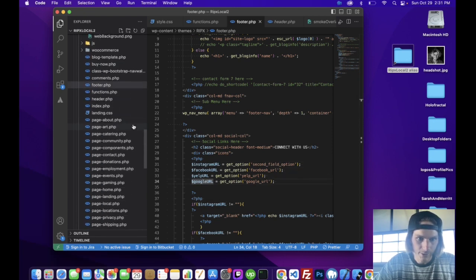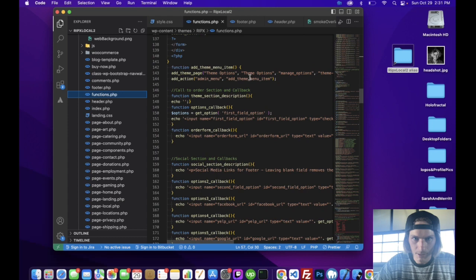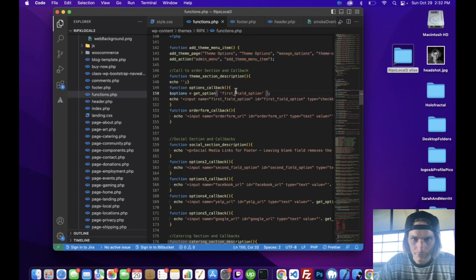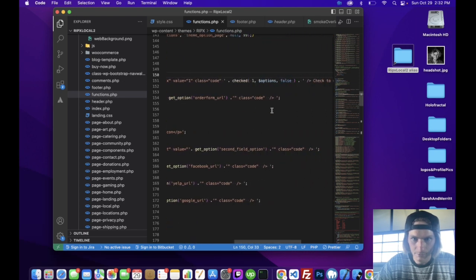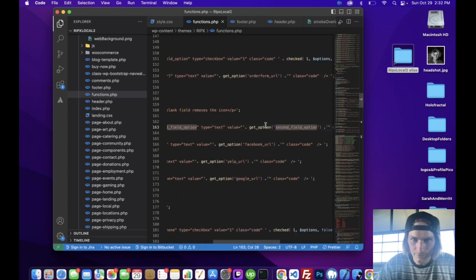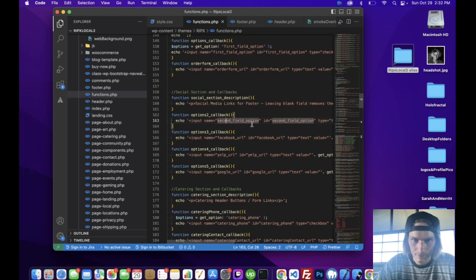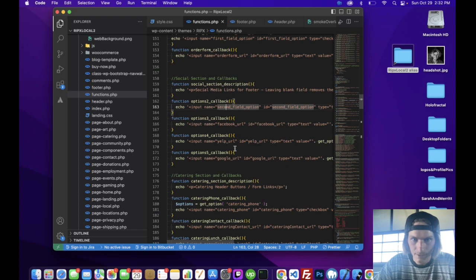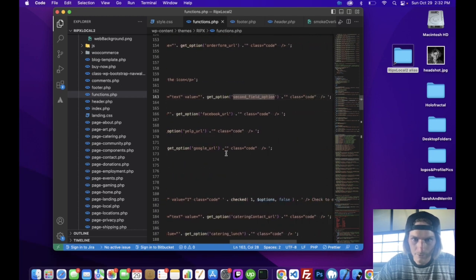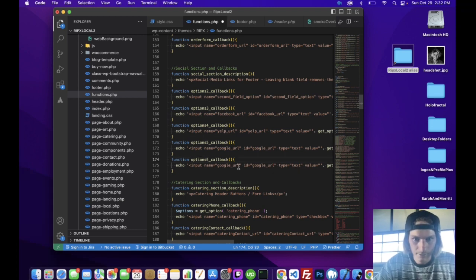So let's go to functions PHP, and I'm gonna add in our theme options. You can see here I have like a add theme menu options. First field option, I obviously copied this code from somewhere. Order form callback, options 2, second field option, and that's our Instagram URL. And then Facebook URL, okay. So let's do option 6 callback, and let's do